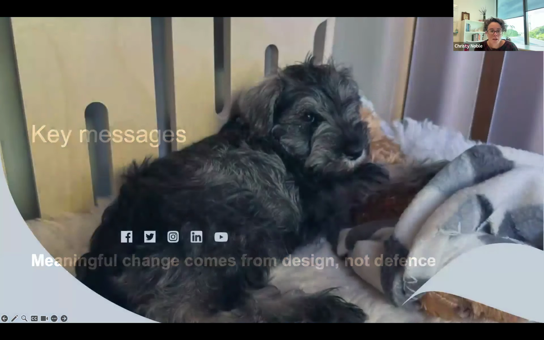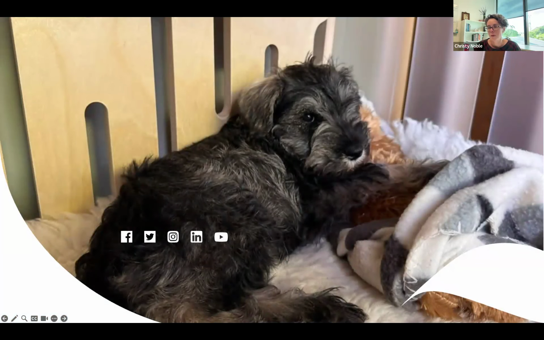And I'm just going to end with a cute puppy photo because we got a new puppy at the weekend. So I thought you might want to see that. Maybe I can blame her for my coughing. Anyway, all right. I hope I haven't gone over too long, but I will stop sharing and be guided by Karen on what to do next.